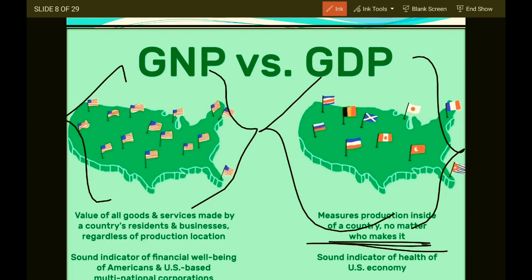A sound indicator of the health of the US economy. See, basically through GDP we can identify how the economy is functioning, how the economic soundness is measured, how the production of goods and services is taking place. If the production is good, what will happen? There will be export, and if there is high export, your currency's value will be high